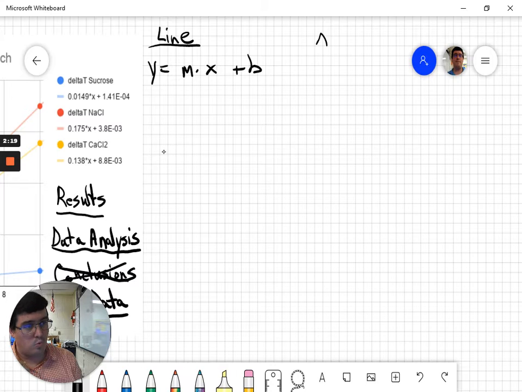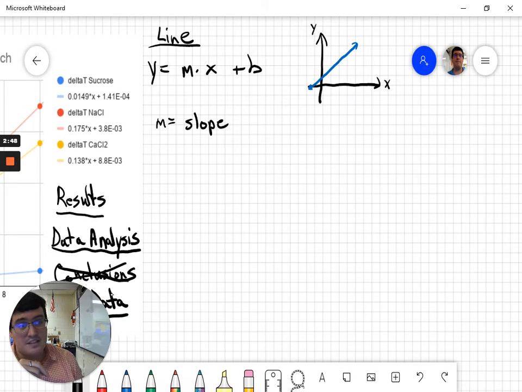If you've got a graph of a line that looks like that, y equals mx plus b, well, the y part is just that, the fact that this is the y-axis, right? And the x part is that this is the x-axis. So m is slope,